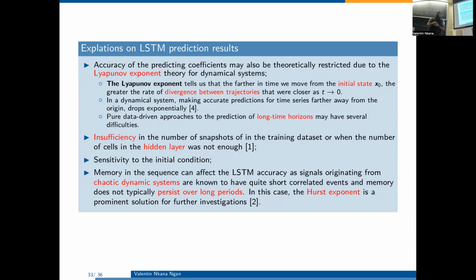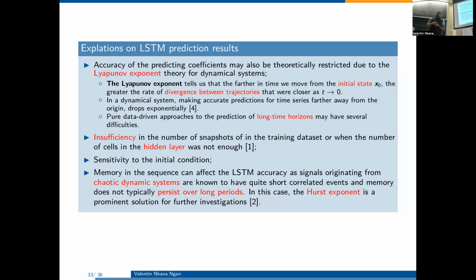In the literature, you can find various explanations. The first one is what we call the Lyapunov exponent, which explains why those kinds of oscillation may happen. The Lyapunov exponent tells us that the further in time you go, because my simulation is transient and depends on time, the more unpredictable everything is. The further in time you move from the initial state, the more the two trajectories can diverge.